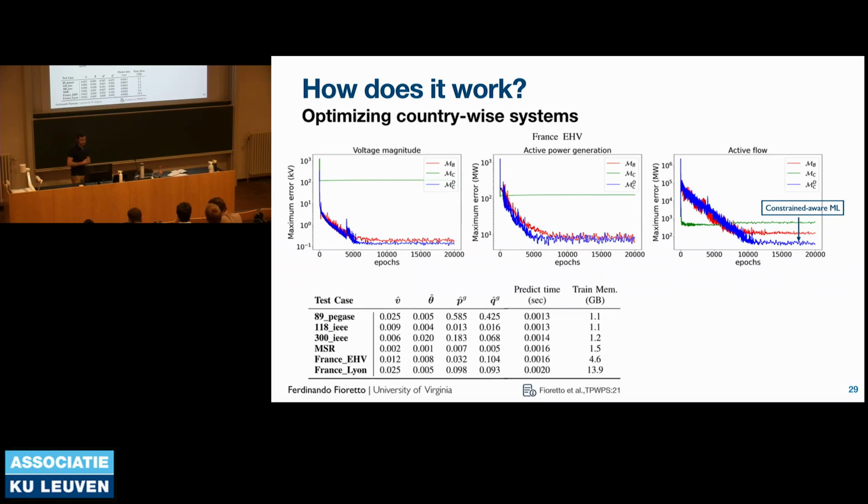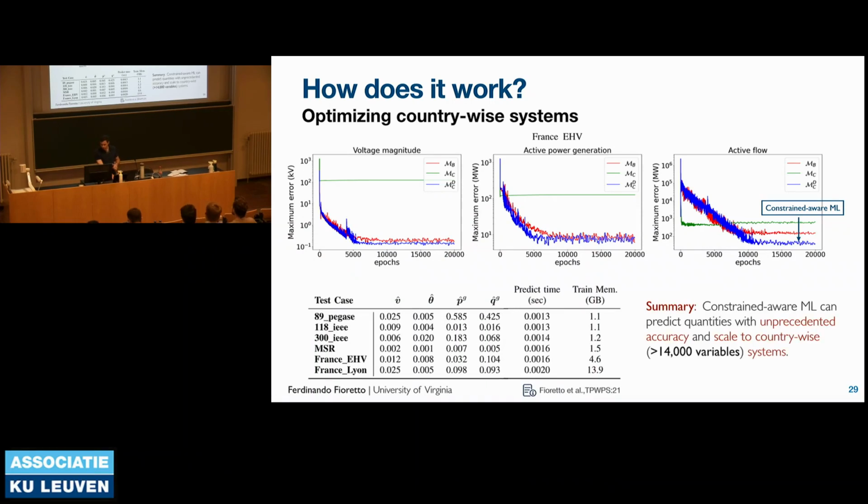How does that work? Well, with such tricks, you can now scale up to networks of arbitrary size in the context of power systems. Those are some of the results which we obtained over the French power systems. Those are networks with, I think, over 14,000 buses, meaning we have over 28,000 variables and over 28,000 outputs. So you can scale up these things pretty nicely. The errors of each predicted variable here are low. The inference time is extremely reasonable, 2 milliseconds. So this is really nice.